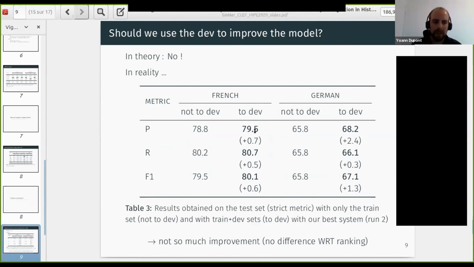But as we can see in French, for example, we do not have a huge improvement, only half a point in F1 score. And this improvement is not very interesting because it does not make any difference. There is no difference in ranking. So yeah, it's basically useless. So do not do this.